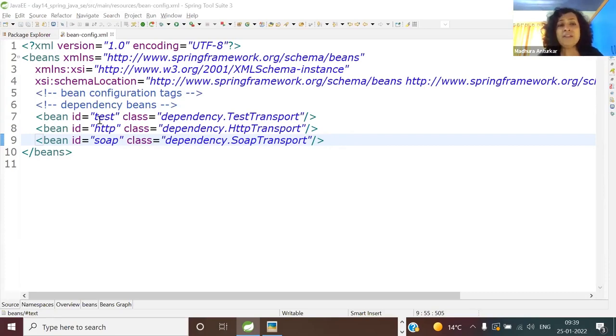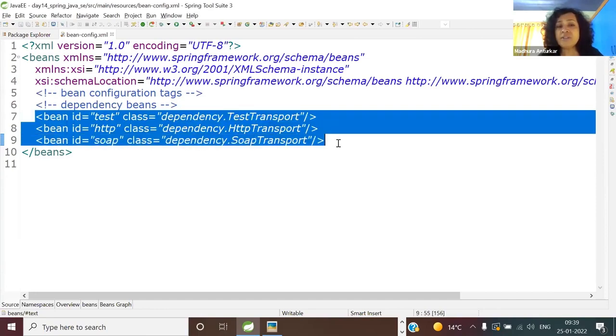Who do you think is going to read all these instructions? The programmer or the Spring container? Spring container. When we launch, when you bootstrap, when you start the Spring container, how to start a Spring container? In 10 minutes, you will know. But whenever you launch the Spring container, it is your slave. So it is going to follow your instructions.